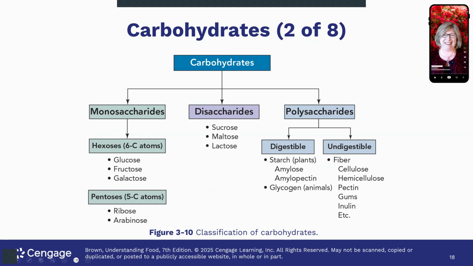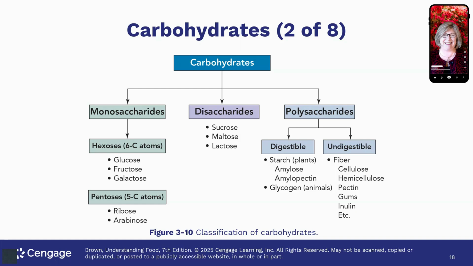You'll notice in food science, in almost every lecture, there will be some classification scheme that helps you understand what we're talking about. Notice that and look for that in the various lectures. So with carbohydrates, you're going to have monosaccharides, which are a single unit. You have disaccharides, which are two units joined together, and polysaccharides. Polysaccharides would be starch. Those are longer chain